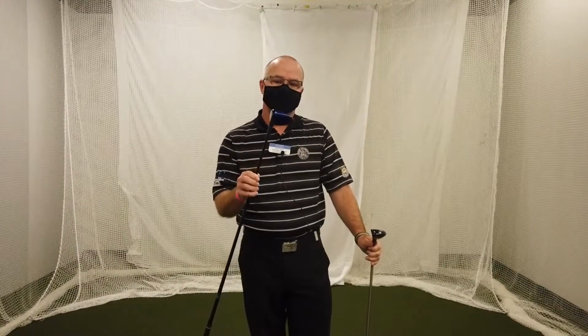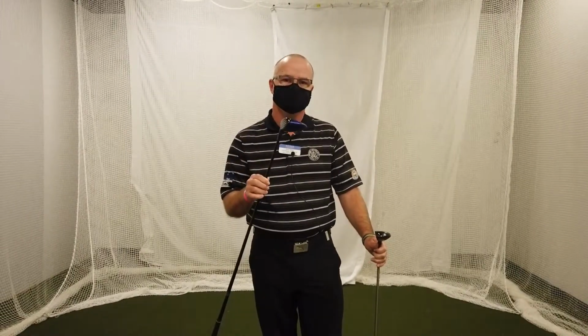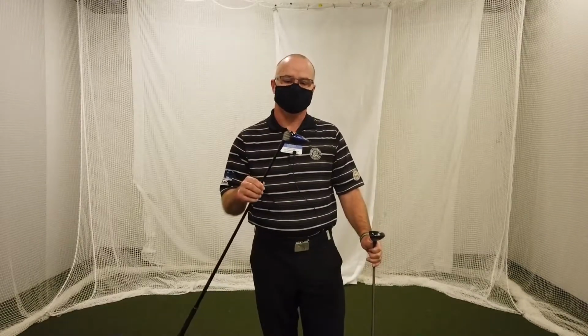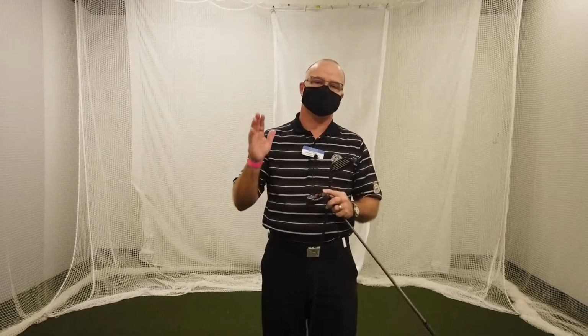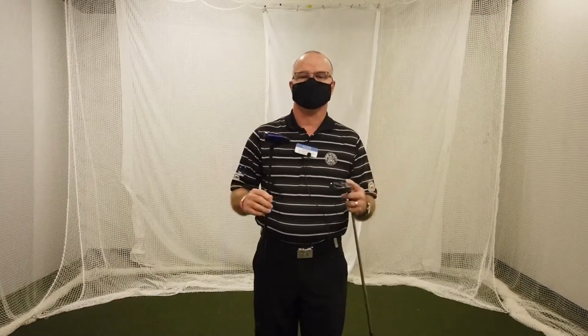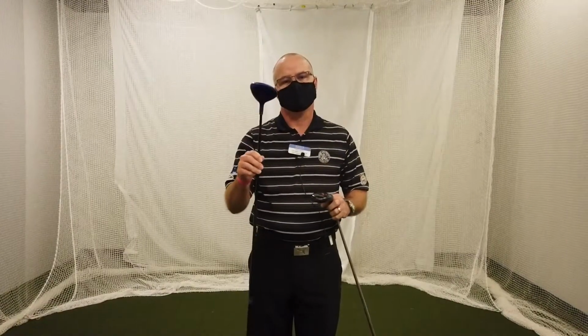The fairway wood is essentially a club that you would almost exclusively use, as the name implies, off the fairway or teed up. It's going to be a club where the primary goal is to hit it as far as you possibly can. It's going to be the next longest club to your driver. So for instance, as an example, if you hit a driver 250, you probably want a 3-wood that you can